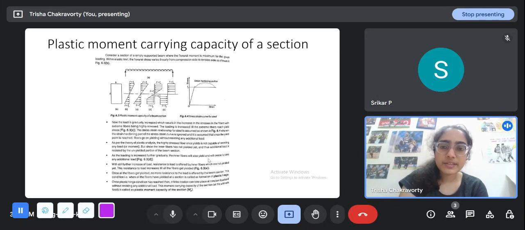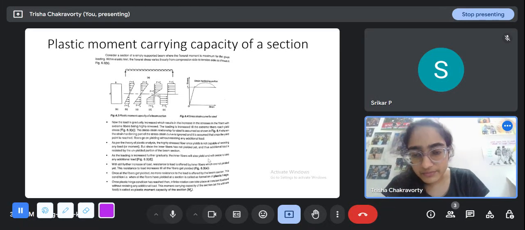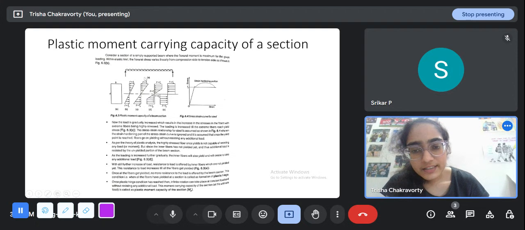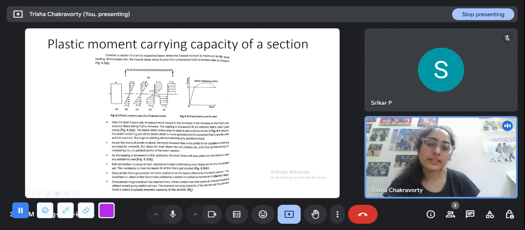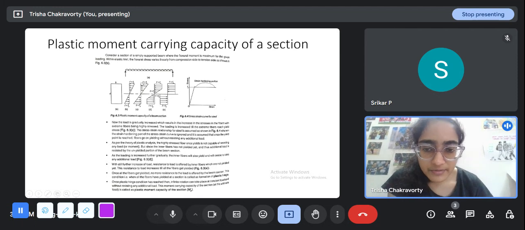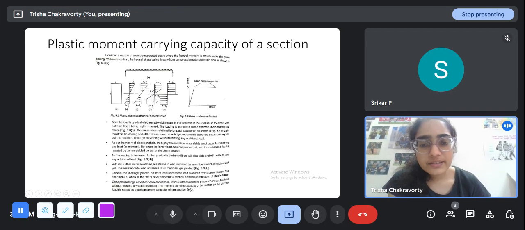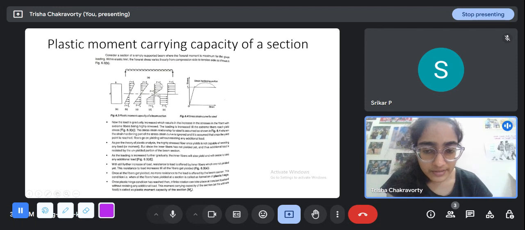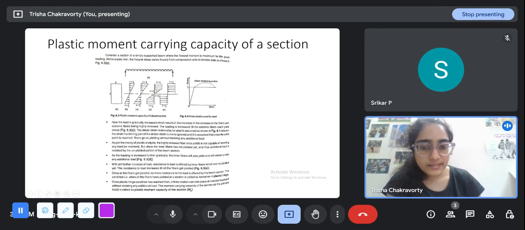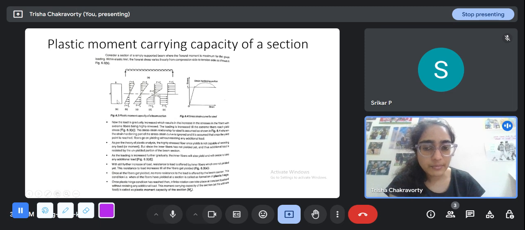The plastic moment carrying capacity, we have looked at that in the last class. This is the elastic section modulus ZE, which develops when the extreme fibers are at Fy, when the extreme fibers have reached the yield stress, but the profile is completely linear. Then if we still increase the moment on the section, it starts to plastify from the top and the bottom. At this stage, the part above this line and the part below this line have completely plasticized, but the inside part is still linear.